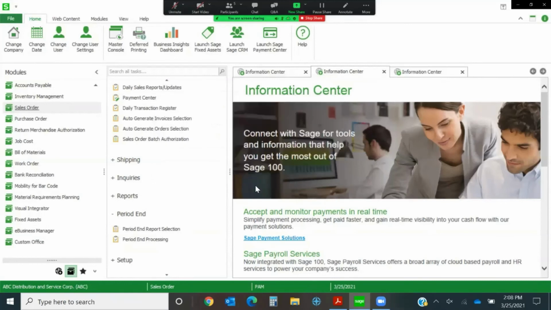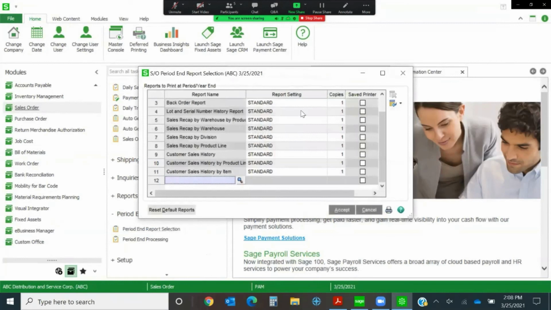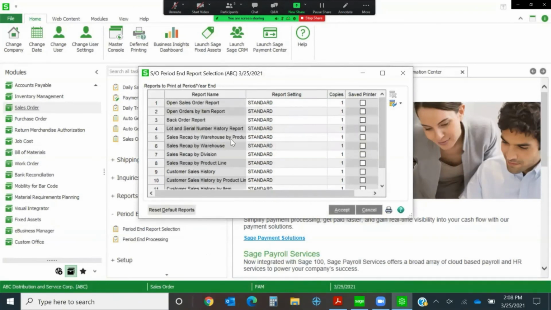In your modules, let me just show you this real quickly. See where you have period end report selection? On the older versions of Sage, it printed tons of reports, and some of them you may not need. So now you can go in the newer version and do period end report selection, and you can say which reports you want to print at period end. So if I'm not interested in a sales recap by product line, I can actually remove that report. So I can just keep the reports that I want to print,